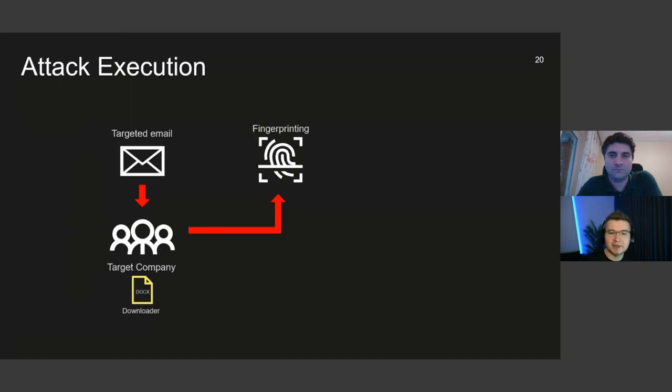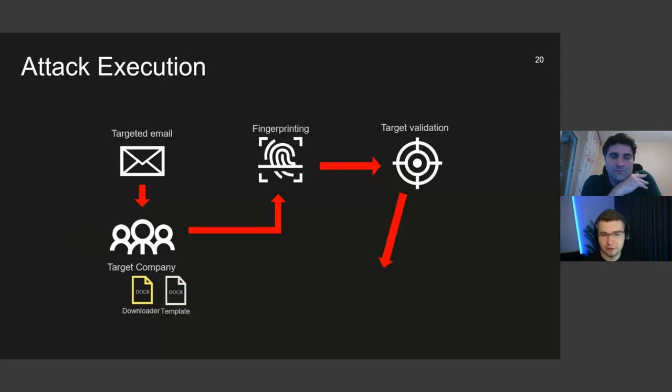But before that, they do target validation. They need to expect you at a specific time. Maybe you must come from the country where you're residing, where they expect you from. Next, if you passed all the checks, they're going to send you this docx, a second file that is loaded by Microsoft Word in memory only. It is not saved to disk, not even cached, I think. So it exists only in RAM.